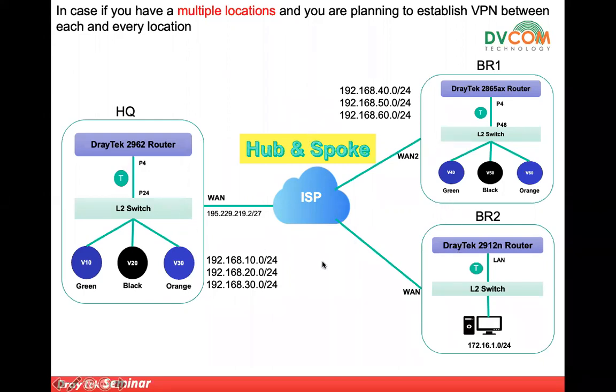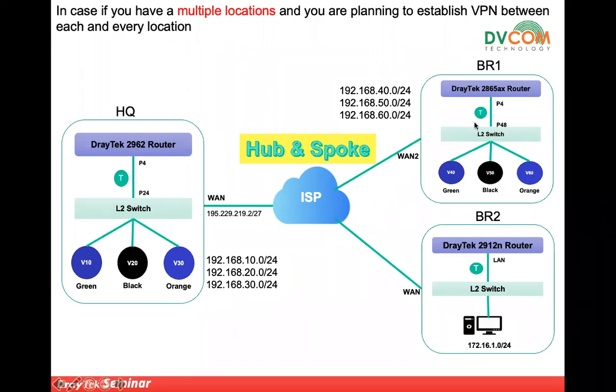In case you want to see how it is configured, you can go through our YouTube channel. There we have given a complete video on hub and spoke, so it's very easy and you will see the complete features and be able to configure it. It doesn't require much knowledge to configure these kinds of VPNs. It's very straightforward, guys. Whenever you use hub and spoke, you need to decide which site you are going to make the hub, and make sure that the hub site has either DNS enabled or a static public IP.